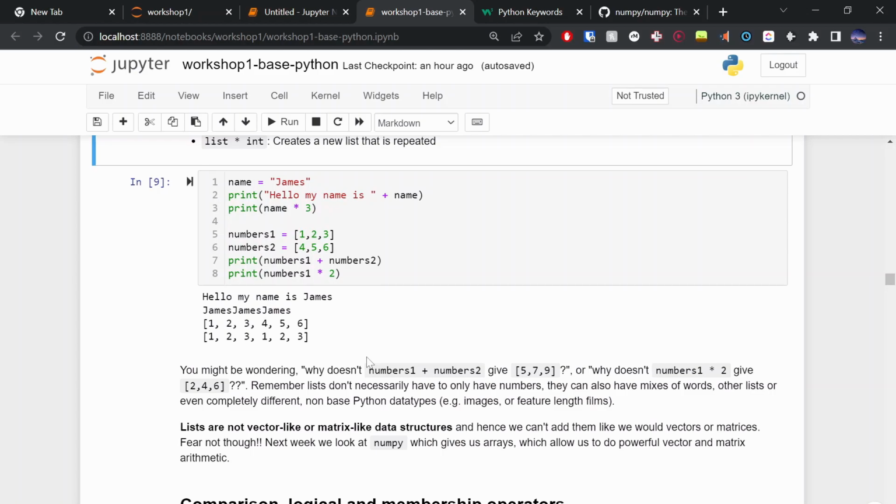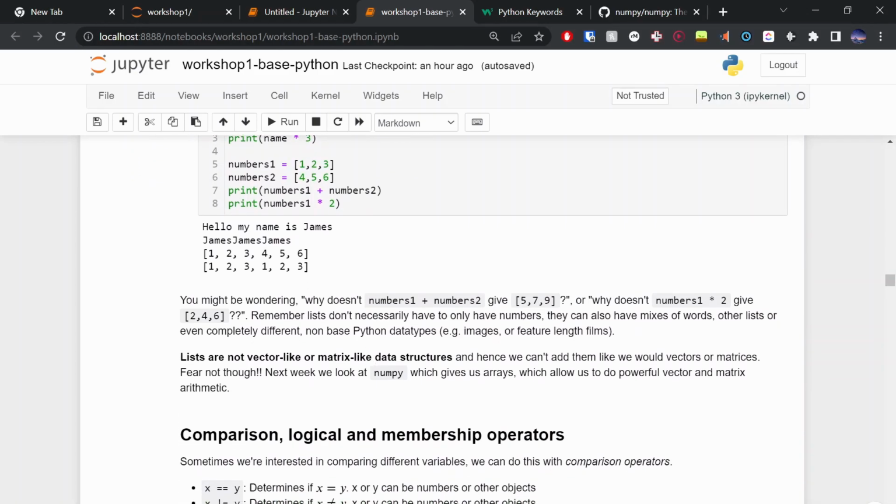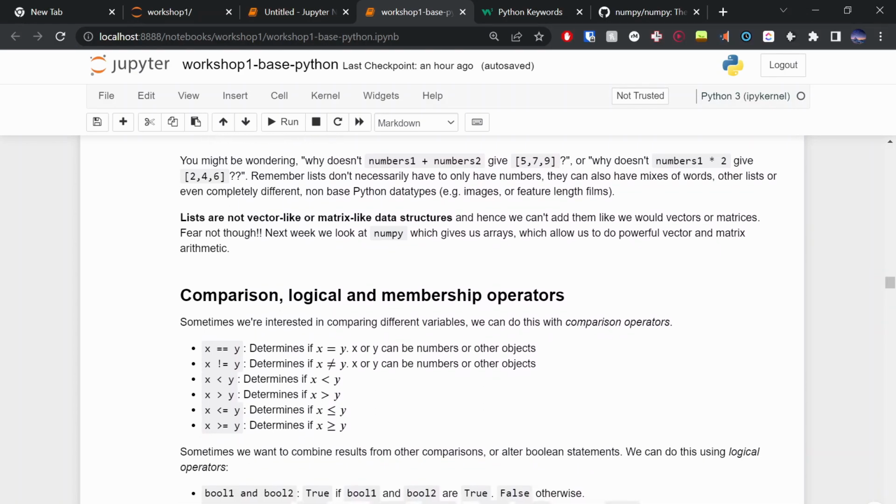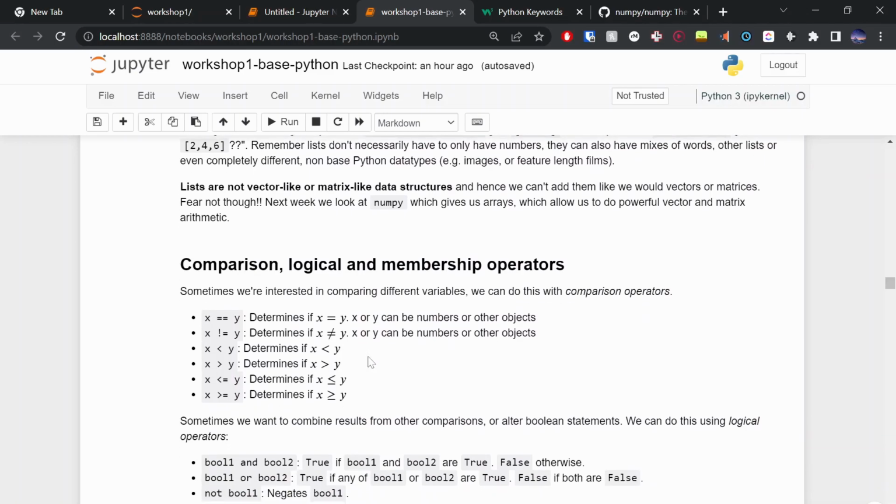NumPy adds the ability for us to kind of just say, x is a vector, y is a vector, add them together. Right? NumPy is super powerful, allows us to do that sort of stuff. But yeah, not in base Python, so if you're trying to add vectors together, just make sure that you're going through each element and adding those together and forming the updated vector. So no vector-like or matrix-like data structures in base Python.